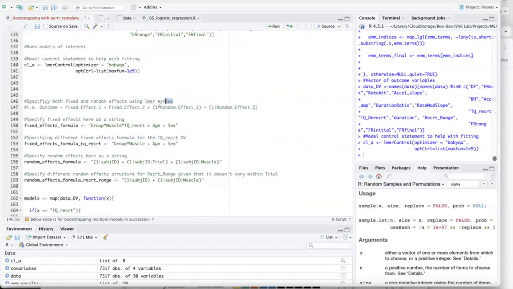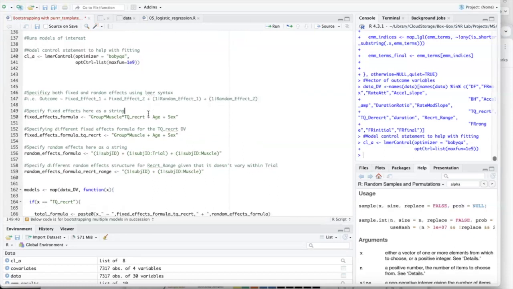So here is a brief review of this LMER or lme4 syntax. Similar to the standard LM function in R, it takes your outcome on the left of this tilde, and then all your fixed effect terms, and then you can add another term for the random effects here. And again, this isn't supposed to be a full-fledged review on mixed effects modeling. There's plenty of great resources on the internet for that. So if you're confused about what a random effect or a fixed effect is, I would encourage you to look into that. But here we're just